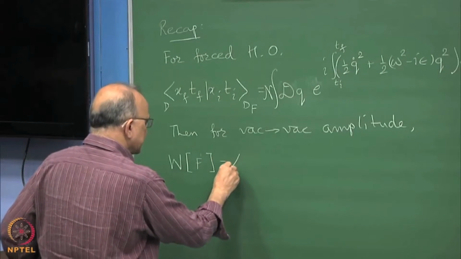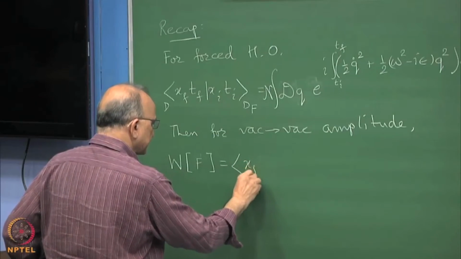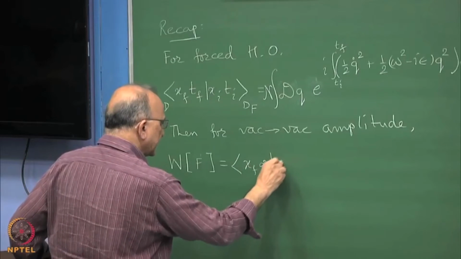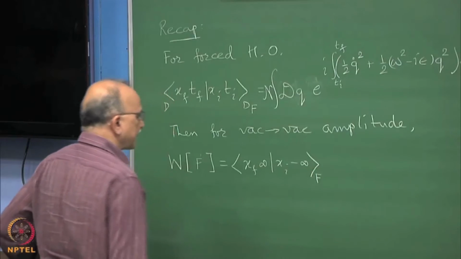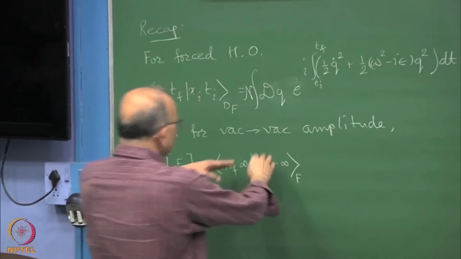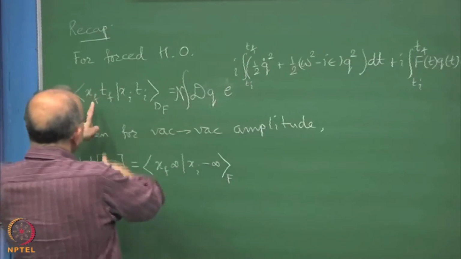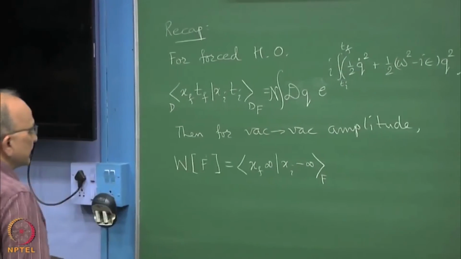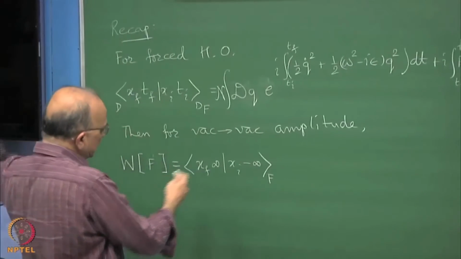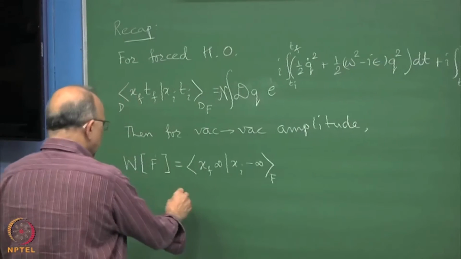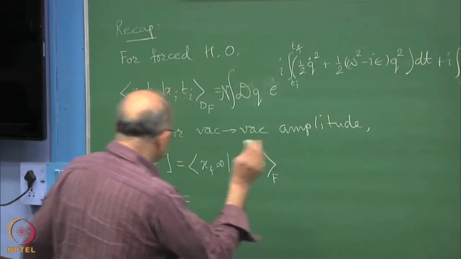which is this XF infinity xi minus infinity in the presence of this F, as equal to, you know, you have to insert xf infinity, xftf and so on. So you can carry this out, advance from any finite time tf to infinity on both sides. So after all of that is done, it becomes W0 times that f df.